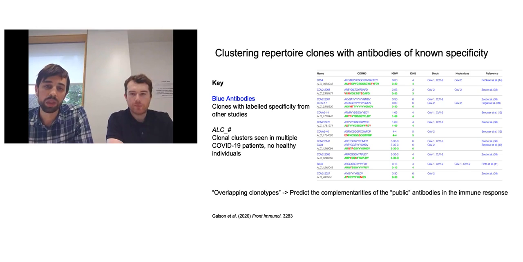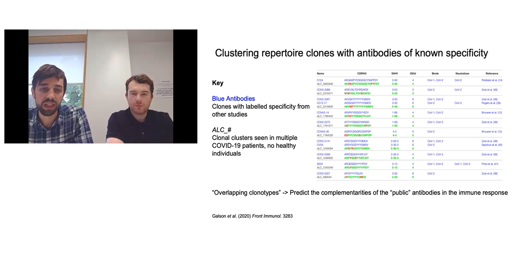Another approach to map antibodies to their specificities is to use these clonal representations against antibodies with known specificity, and it would take a very similar sequence-based clustering approach here. So we have in blue here antibodies with known antigen reactivity. For example, this C15 antibody comes from the coronavirus antibody database. We know it comes from a particular lineage and has a certain CDRH3 sequence, and we know its neutralization profile and where on the coronavirus it binds.